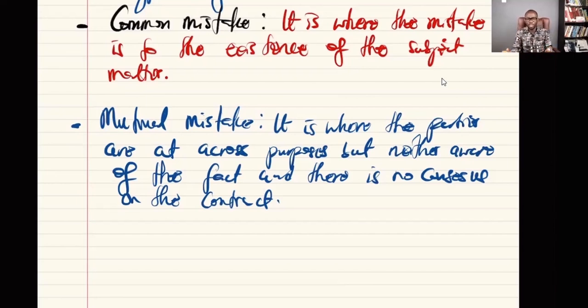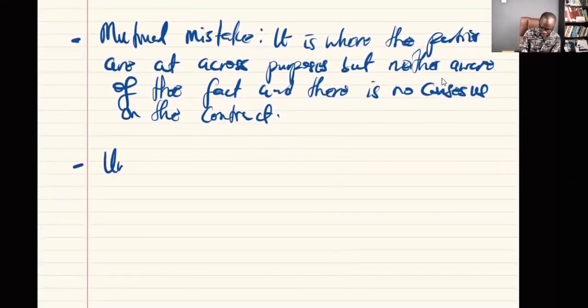Can we request the conversation from MTN? Then they requested the conversation. Then it was established from our conversation playback that nobody said anything like 1,500. Nobody also said pay the 1,500 and pay the 500 later. So there was nothing like that. So that will be referred to as what? A mutual mistake. Then three, unilateral.